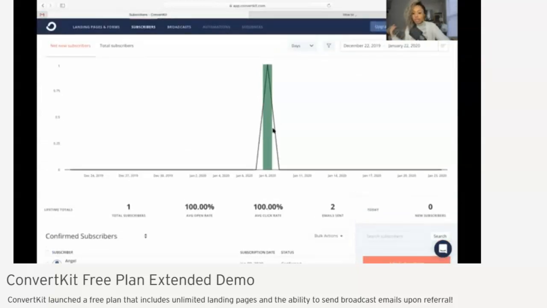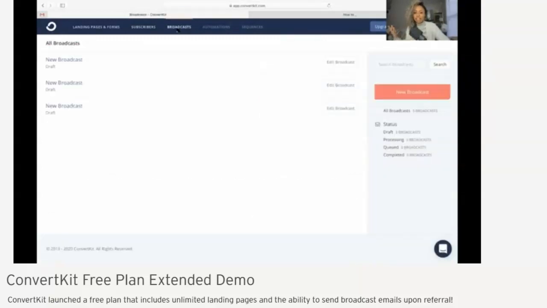I can track who is unsubscribing, all of that good stuff. And then, of course, when you go to broadcasts, this allows you to send an actual email to your email list, to people that signed up to your landing page. Whatever group of people that you're wanting to email that are a part of your list, you can do that